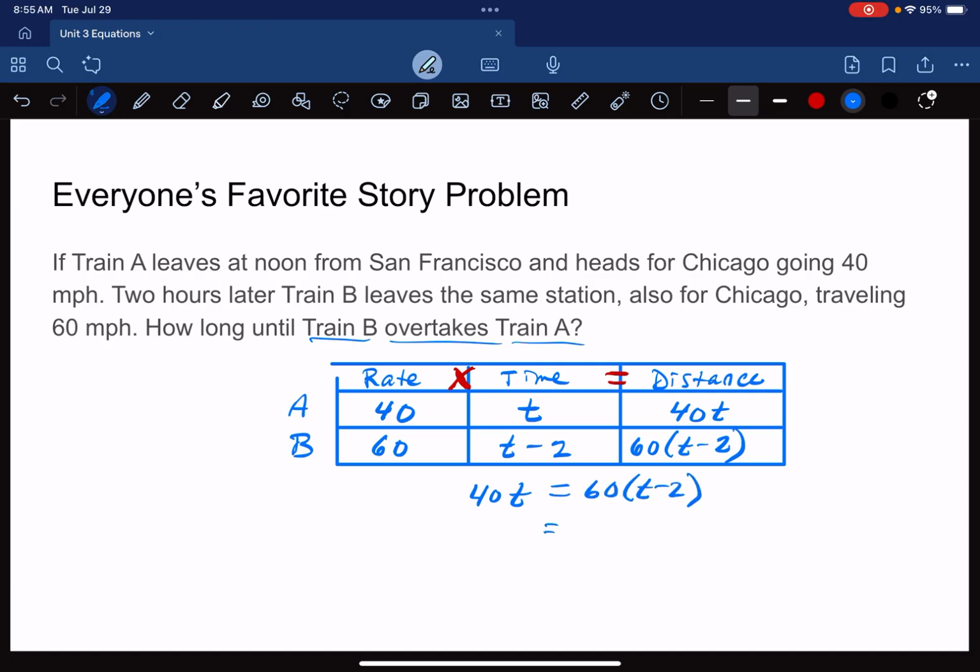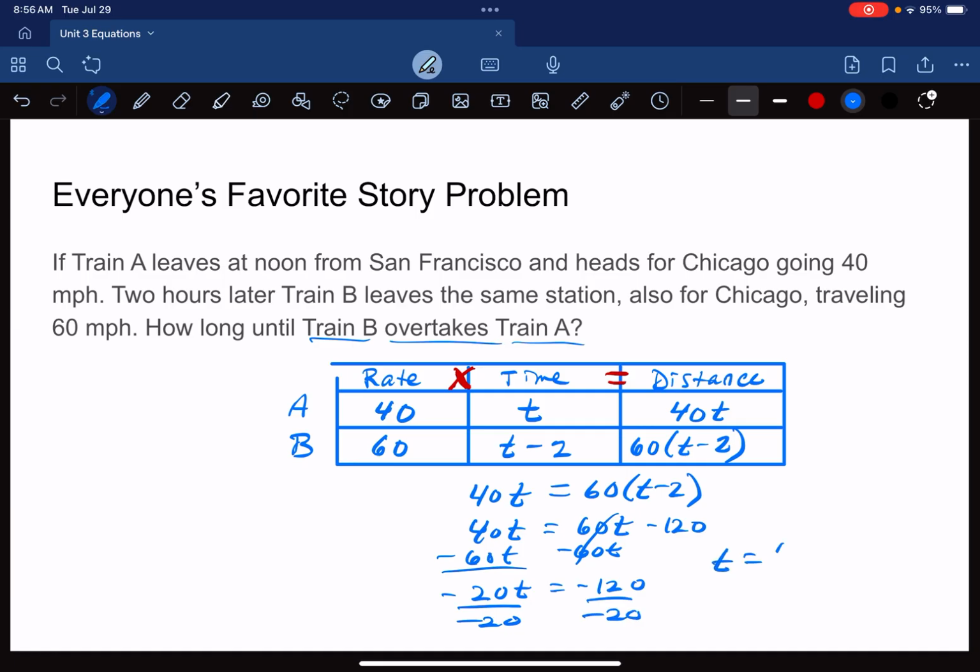So I'll distribute. I'm going to move the 60T over here since my negative 120 is there, so I'll subtract 60T. That gives me negative 20T equals negative 120. And if I divide by negative 20,